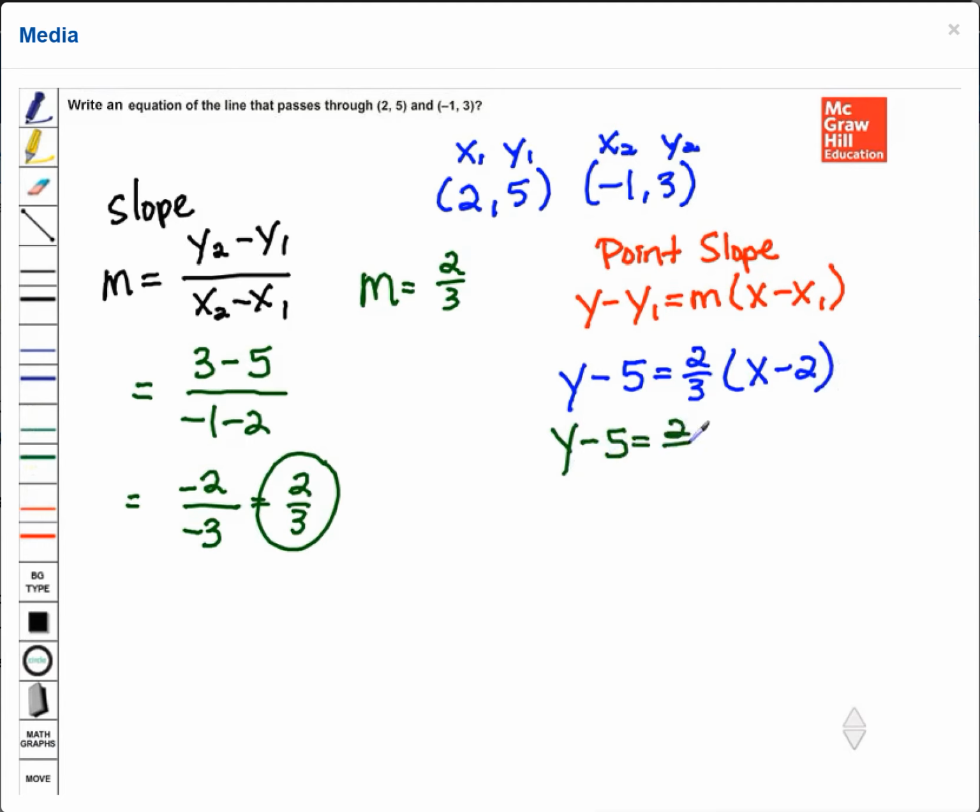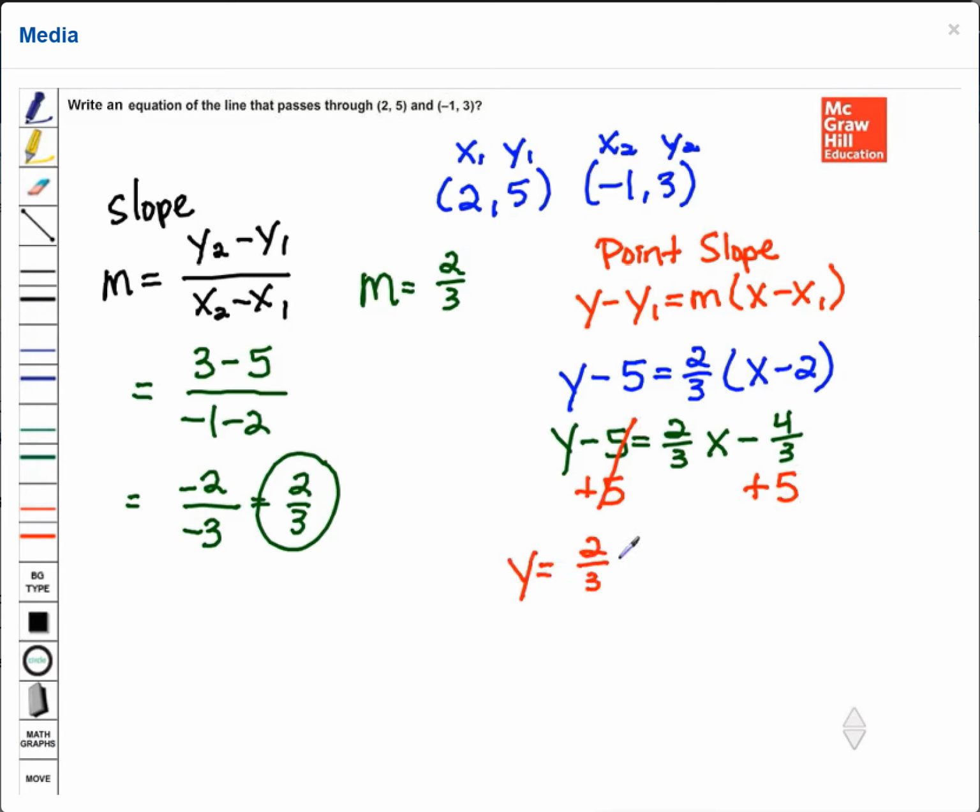So we'll have 2/3 x minus 4/3. Then we need to add 5 to both sides of the equation to keep it balanced and to solve for y. So we have an equation in slope-intercept form. And so the -5 and the 5 will, of course, equal 0. So we'll have y equals